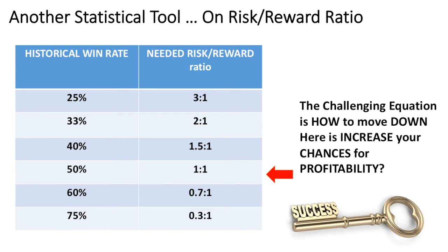Now, another statistical tool that people use a lot is the risk reward ratio. If you have a certain historical win rate, how much do you need to risk compared to your reward to go in? This is another table that was done by a study on real traders. It says that if you have a historical win rate of 25%, to be profitable, you need a risk reward ratio of 3 to 1. If you're at 33%, you need 2 to 1. As your win percentage goes up, at 50% you need 1 to 1, at 60% 0.7 to 1, at 75% 0.3 to 1. Now, you might think it's weird that you have a reward to risk ratio of 0.7 to 1. Why would I be making